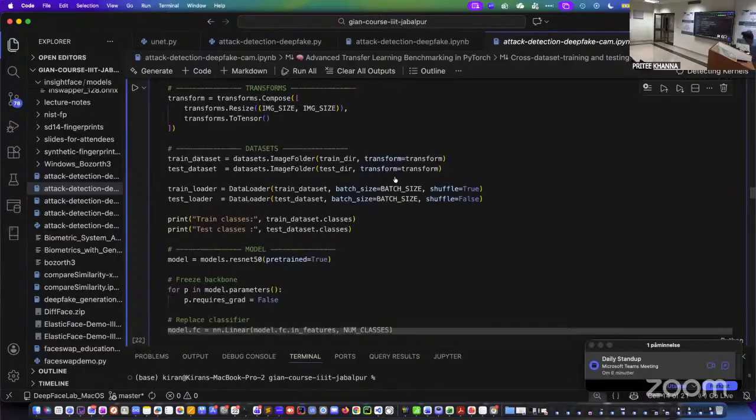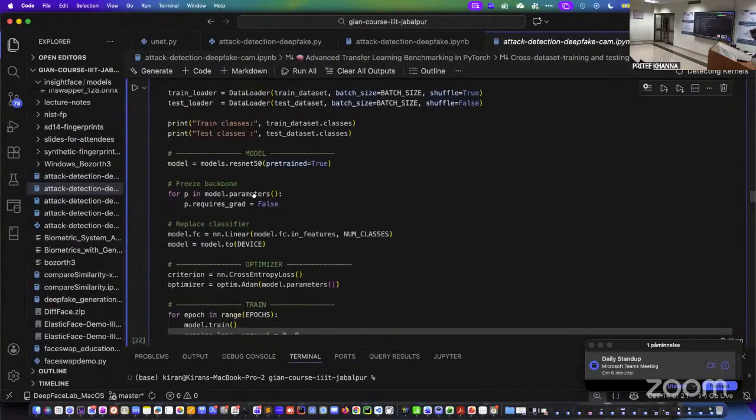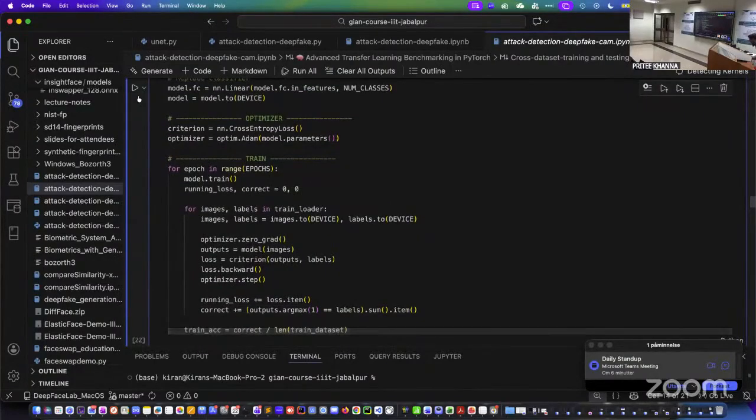I'm reading the data set and then loading the data set, and then I'm going to freeze the model. The backbone is frozen, which means pre-trained weights, and I'm just replacing the linear classifier, because the ResNet, remember, has been trained on multiple classes, 1000 classes, I think. So in this case, I'm just setting it to 2 classes. I'm also setting the loss to cross entropy, and the optimizer in my case is Adam. Then if I run this, the number of epochs is still 1. So if I just run this,